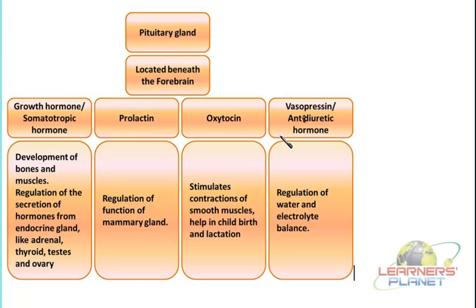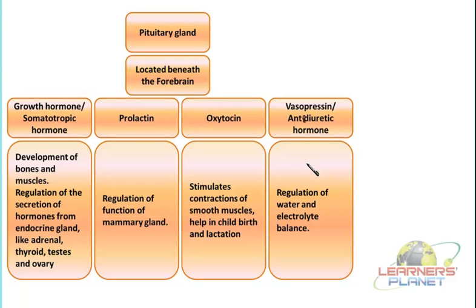Now where is this function activated? In the DCT, that is the distal part of the renal tubule. Over there this hormone is secreted if there is more water in the filtrate. As it is secreted, more and more water would be reabsorbed by the blood. So if there is more vasopressin, more reabsorption of water will take place and the remaining concentrated urine will be passed. And if there is a deficiency of vasopressin, definitely there will be the release of dilute urine and frequent